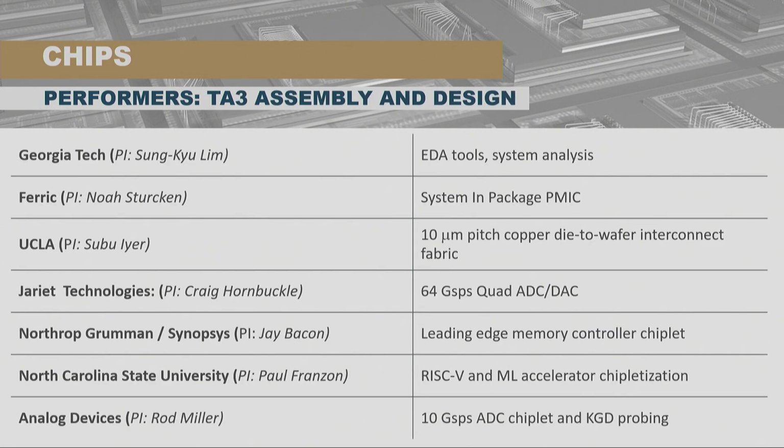And then the second tech area, TA3, is about the supporting technologies that would make this happen. And we have a number of teams. I'm not going to go through all of them. You're free to contact any of the PIs in these efforts if you're interested. But it's Georgia Tech looking at EDA tools, Ferric doing power management ICs, UCLA doing really fine pitch chip stitching on a wafer,